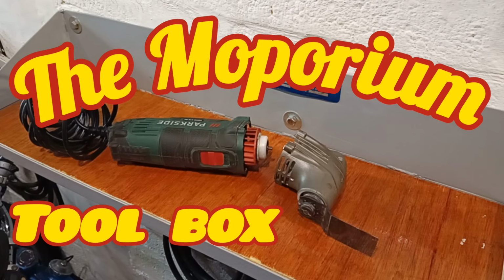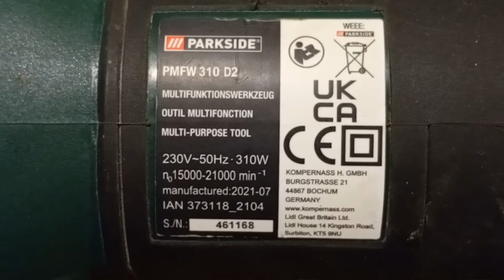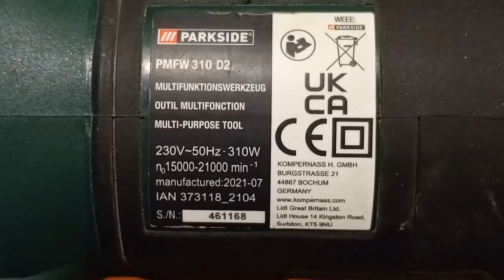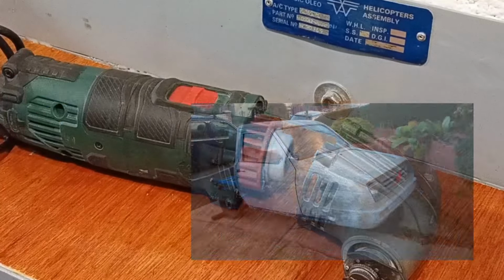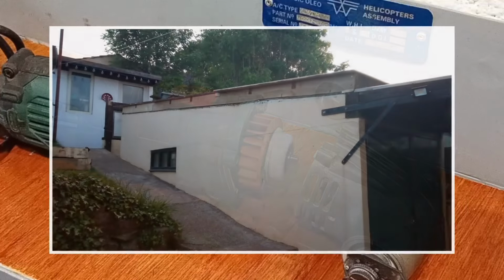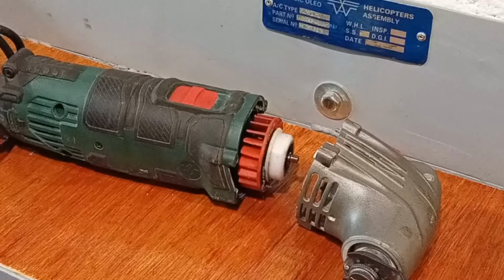Okay, as you can see, my Parkside 240 volt oscillating multi-tool has finally bit the dust, but I can fix it. As you can see, this was manufactured July 2021, and I've done a heck of a lot of work with this tool. I've chopped up cars with it, done all the bodywork on said chopped up car. I've replaced the roof on the workshop twice with it, using it to cut out the notches for the roof joists. And it finally kind of bit the dust, literally,